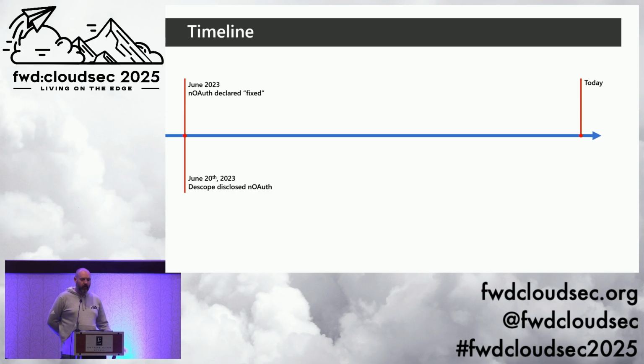I also think what was interesting, from maybe the lack of attention this drew in the security community, is that less than a month later we had the Storm-0558 incident. For those not familiar, this is where Microsoft signing keys were stolen, and it was this whole big thing trying to figure out what was compromised and how it happened. That really overshadowed, I think, a lot of other security incidents that could have been going on in the Microsoft ecosystem.